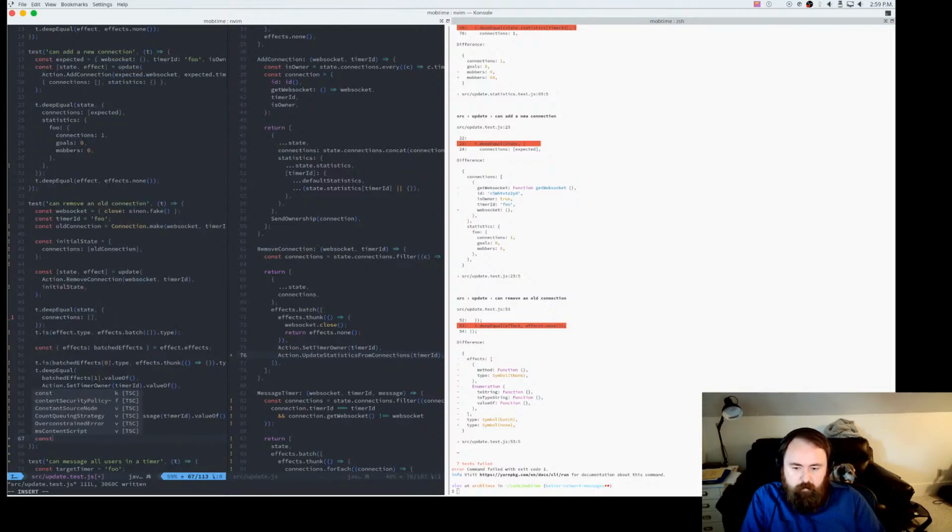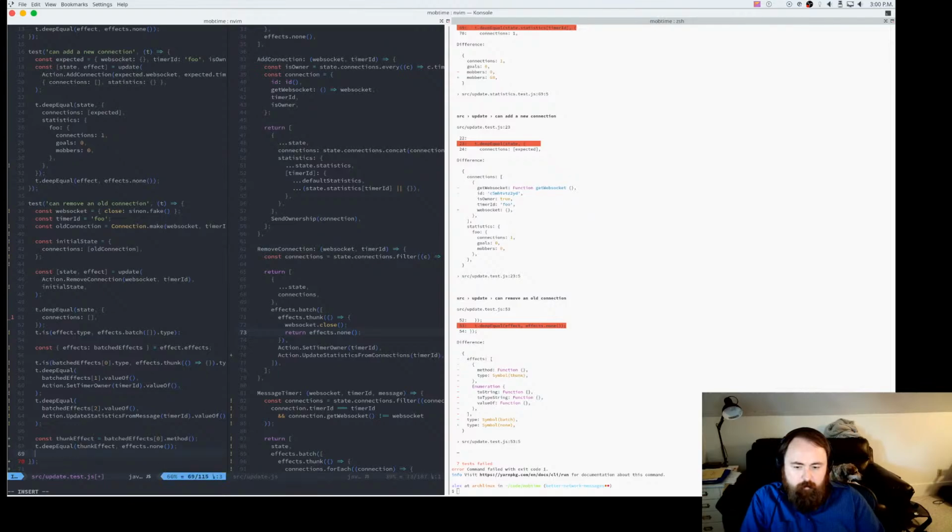Say thunk effect is going to be batch effects 0.method. We know t.deepEqual thunk effect is ultimately going to result in effects.none, as described about here.